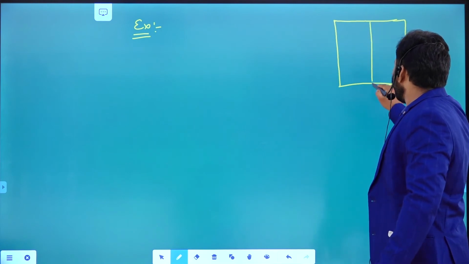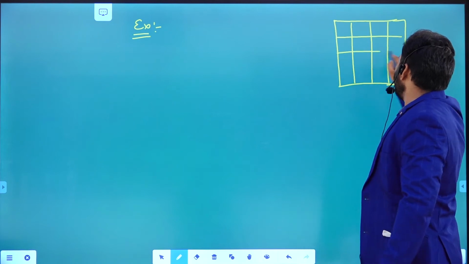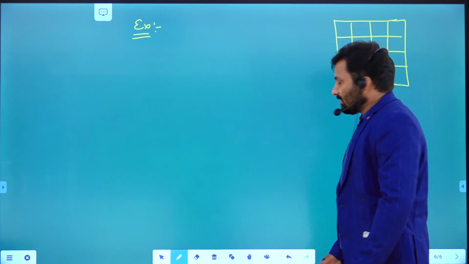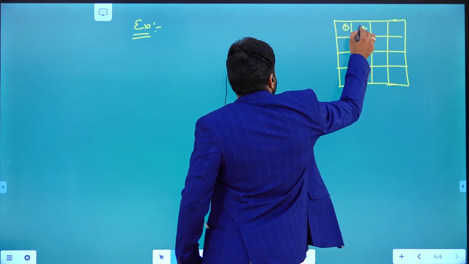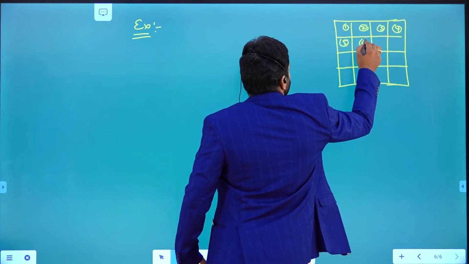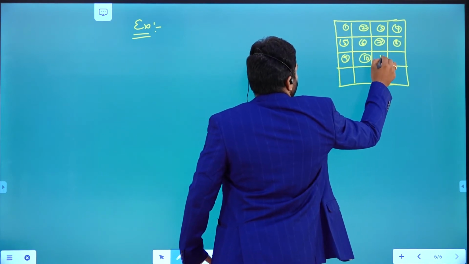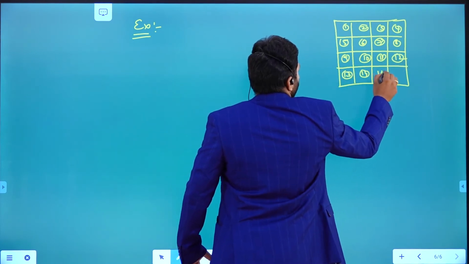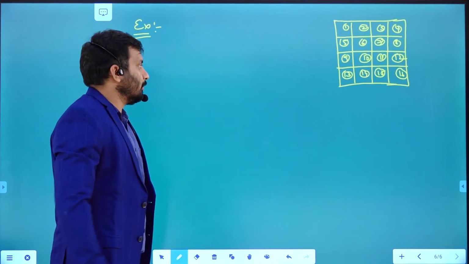The 16 tiles are adjusted like this: this one is the first tile, this one is the second, third, fourth, fifth, sixth, seventh, eighth, 9th, 10th, 11th, 12th, 13th, 14th, up to 16 tiles in this particular room.